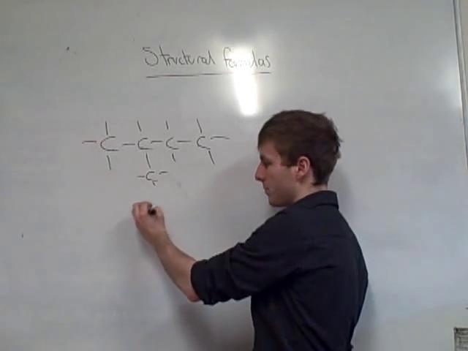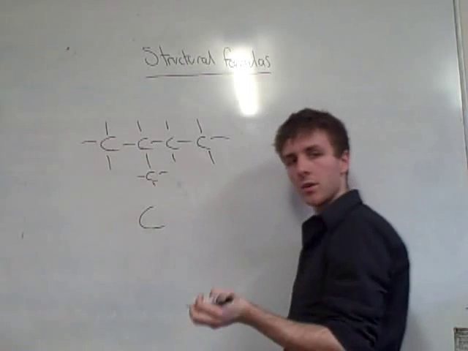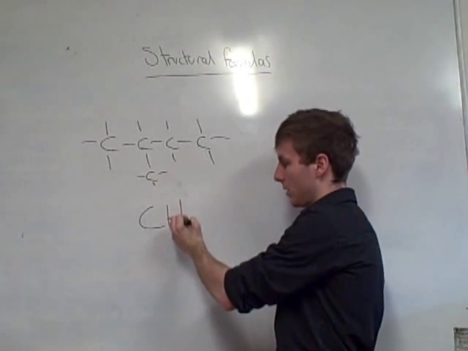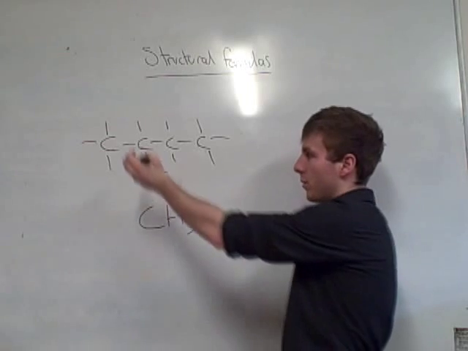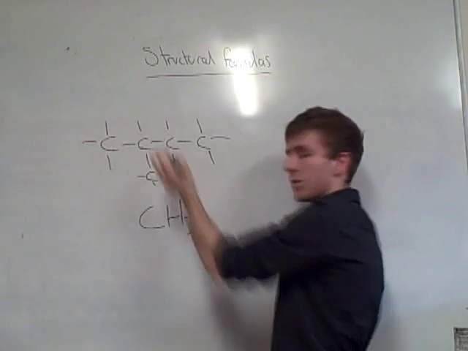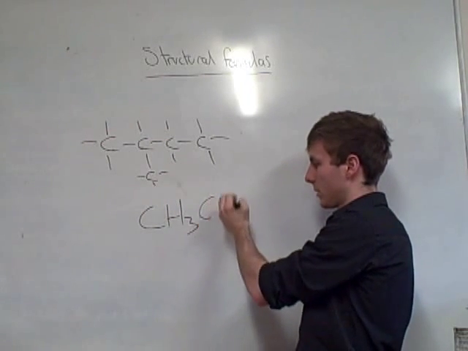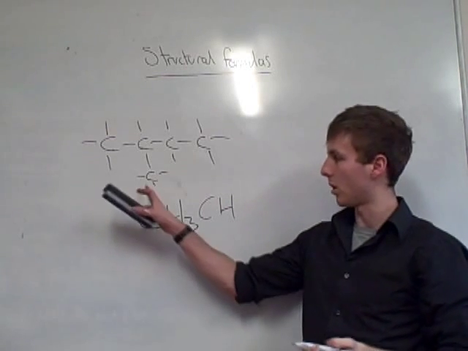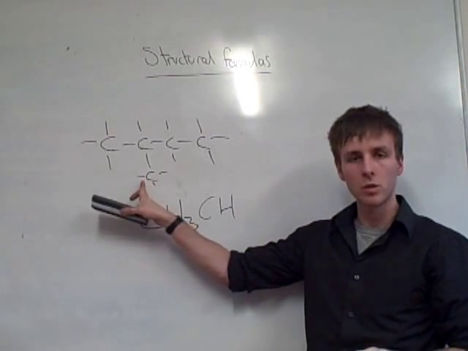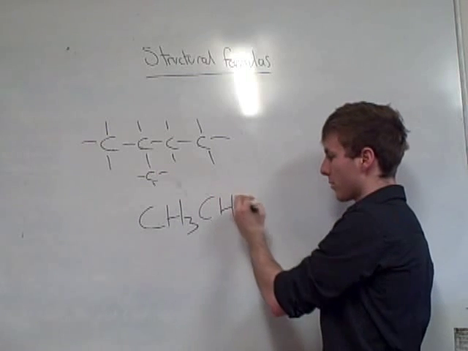So we've got our carbon, and it has its 3 hydrogens on it. So we just write that next to it. We've then got the second carbon with 1 hydrogen on it. But now we've also got this methyl group. So I show that by writing the CH3,